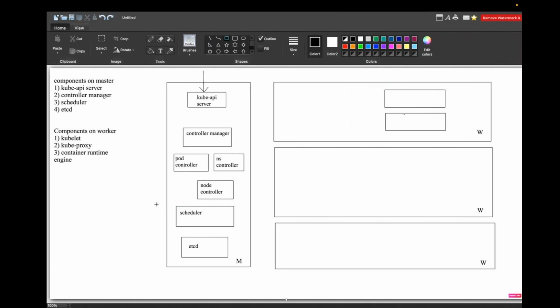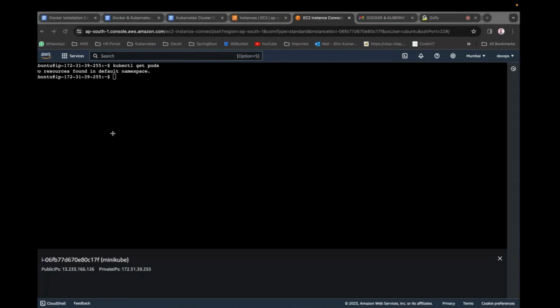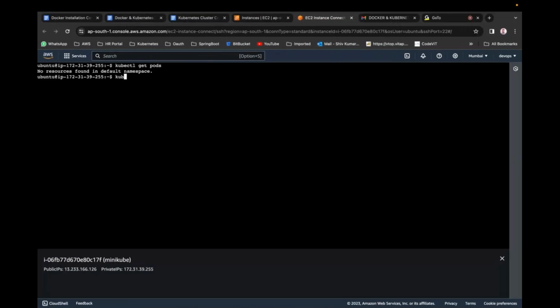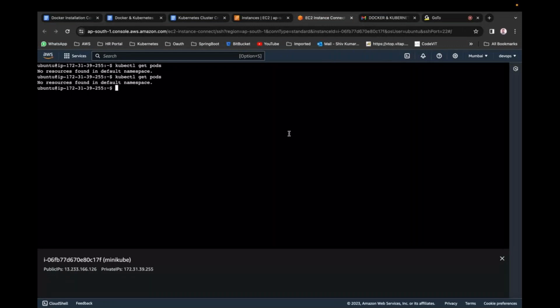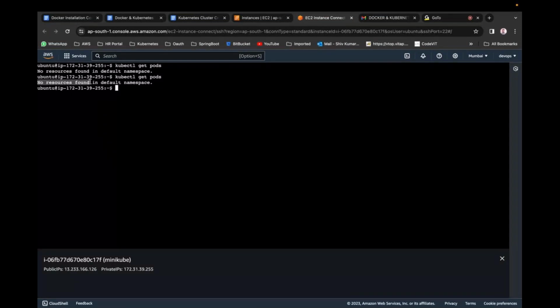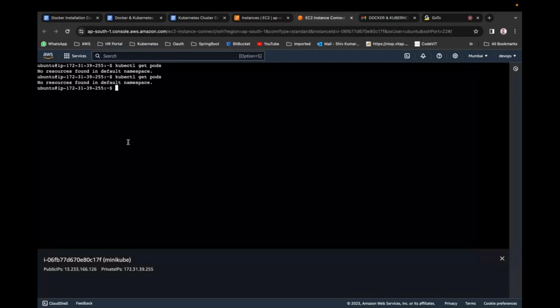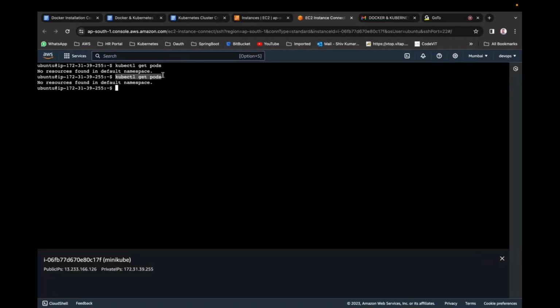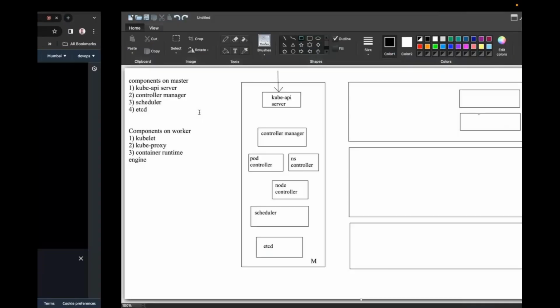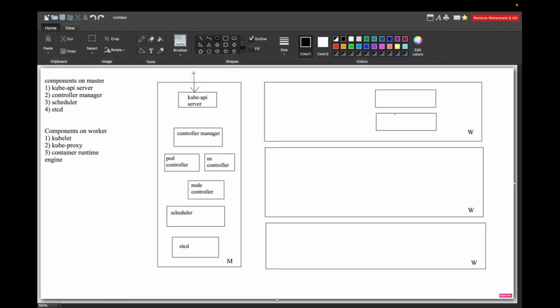Suppose we have executed kubectl get pods. How are we getting this output? No resources found in default namespace. I know how we are getting this. Whenever we execute kubectl get pods, the Kube API server receives the request, and the Kube API server requests etcd to give